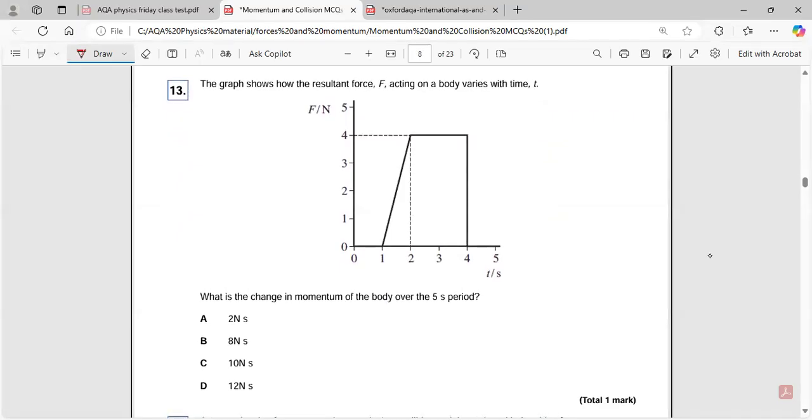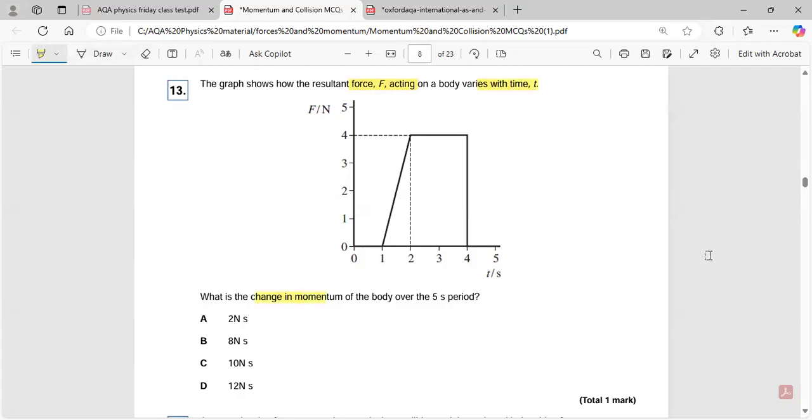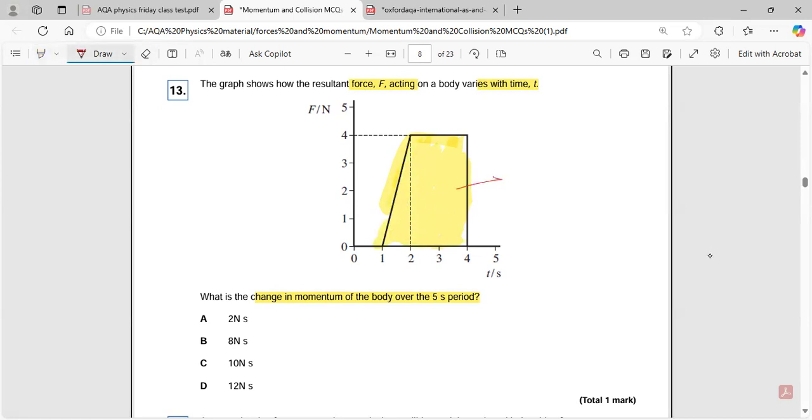Next question. The graph shows the resultant force F acting on the block varies with time. What is the change in momentum of body over the 5-second period? Like the whole 5 seconds. But the problem is, as it is area under the graph, so you will be only doing this. Okay, so you have to find area under the graph. So 1 by 2 force into time. So 1 by 2, how much is the force? 4. And how much is the time? You have to look for how long the force acts. But the problem is